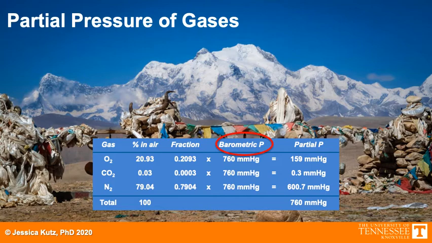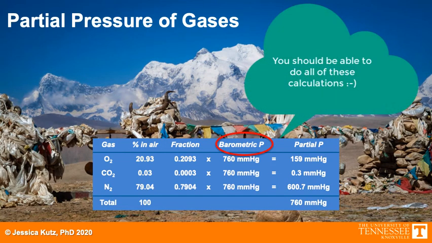If I wanted to calculate the partial pressures of each of those gases, I would convert those percentages into decimal form, and then I would multiply by the barometric pressure. So for example, I would take 0.2093 multiplied by 760 millimeters of mercury,